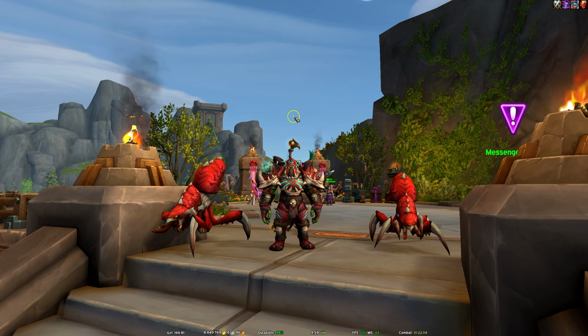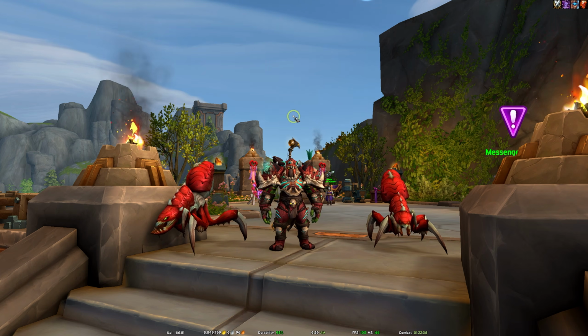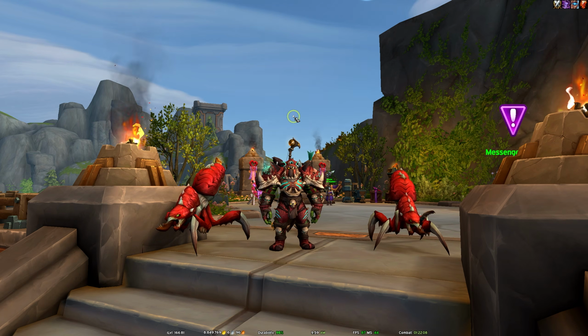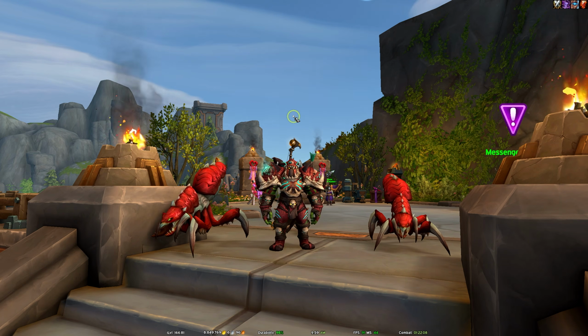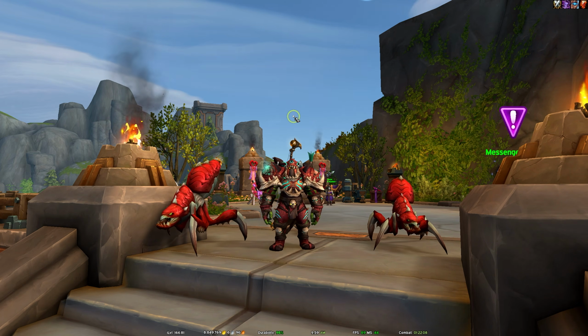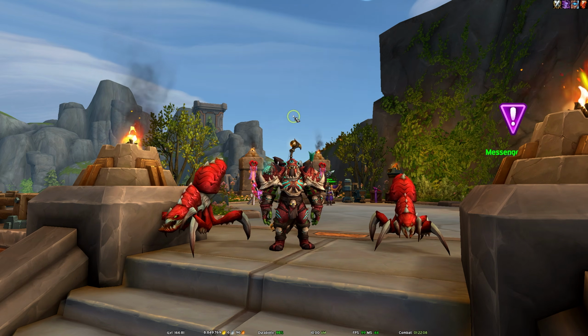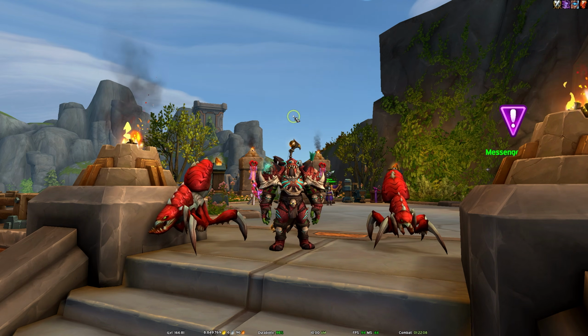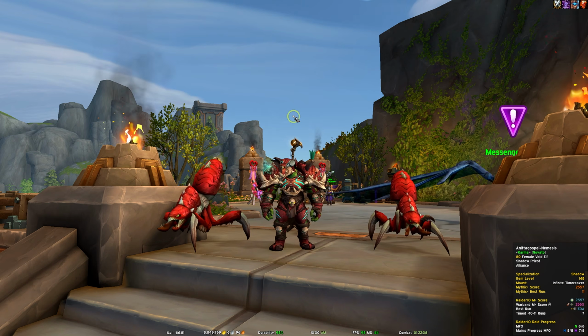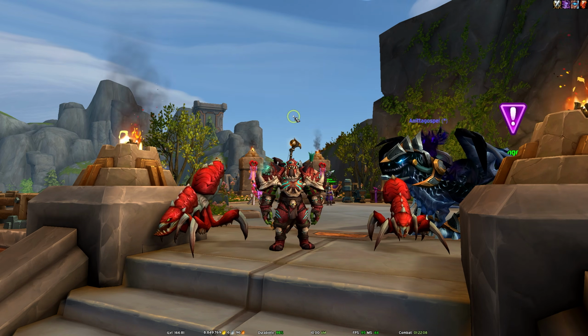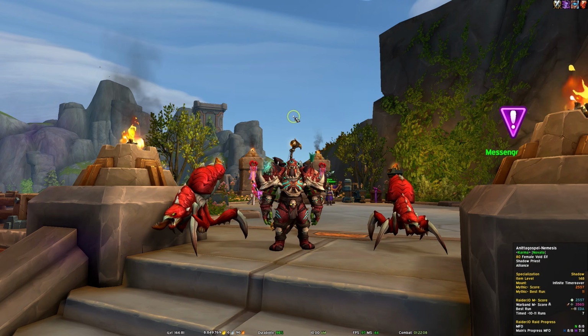I am also always looking for useful and/or fun and/or helpful add-ons to improve my experience, and the experience of people who watch, the experience of people who I run dungeons with and whatnot. So please, I am always open to suggestions and advice. I love tweaking my UI.